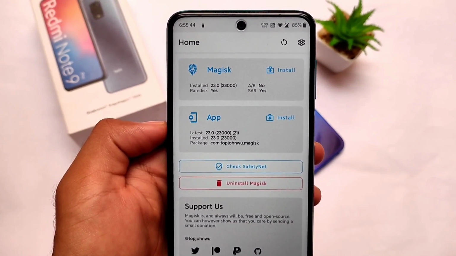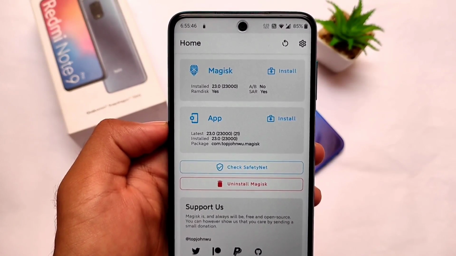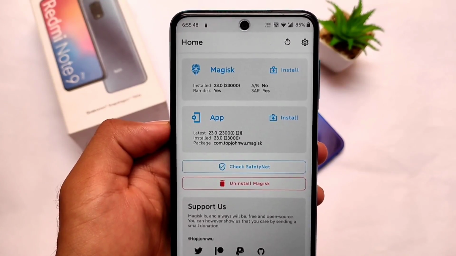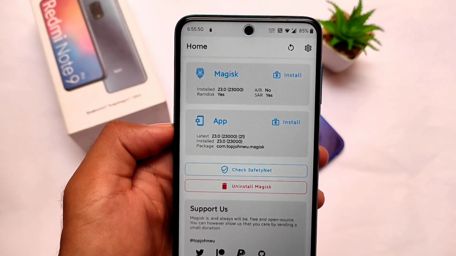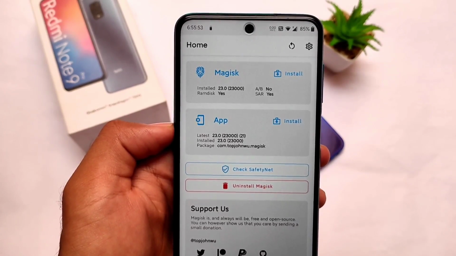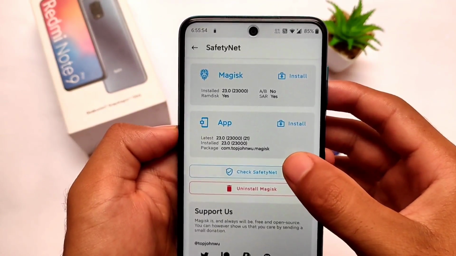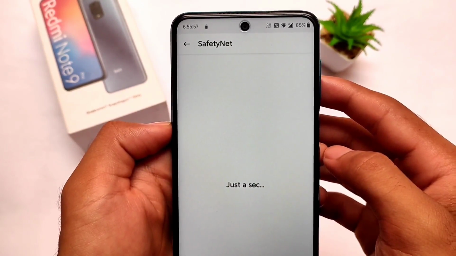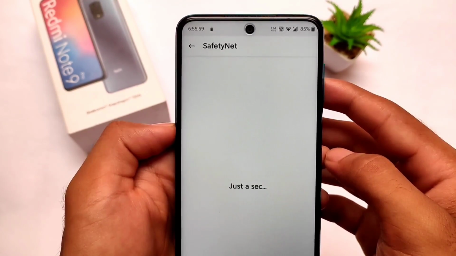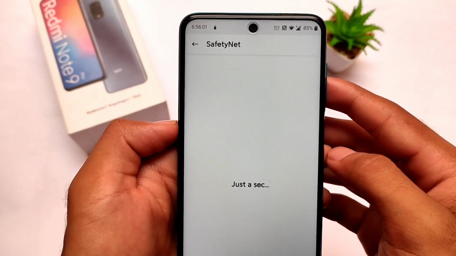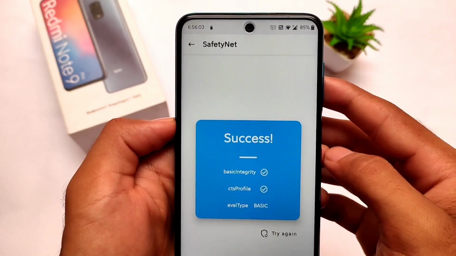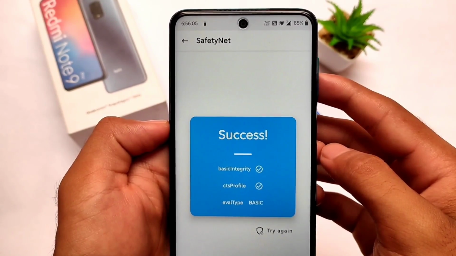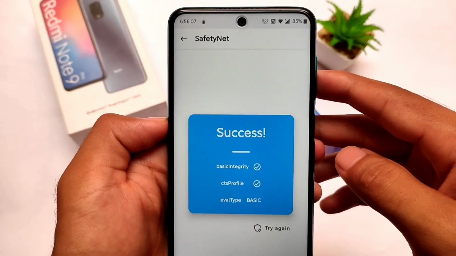In terms of SafetyNet status, of course, if you use this on a device and want to check how the SafetyNet status is and whether banking apps will work on your device or not, don't worry, banking apps will definitely work. Let me show you the SafetyNet status here. The SafetyNet status in my case has no issue, it is passing. And yes, if you still don't use Magisk, if you don't root your device, you might also get the SafetyNet status pass by default, which is a very good thing.